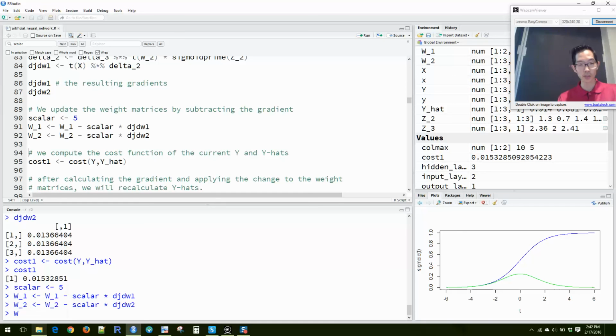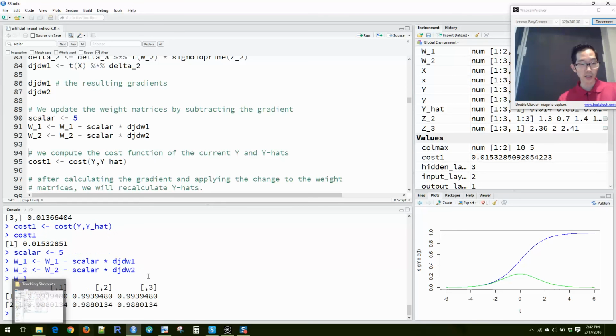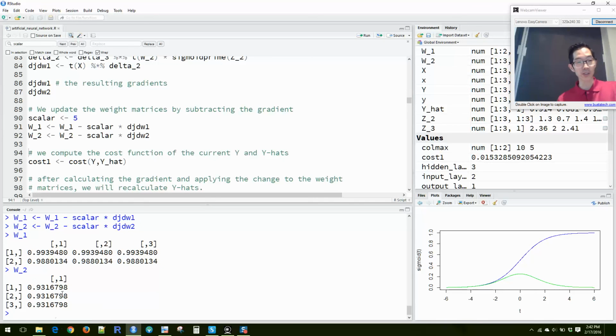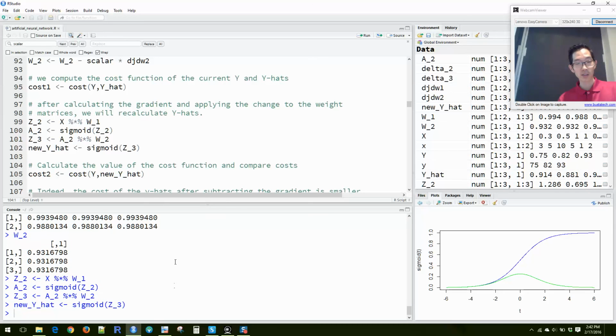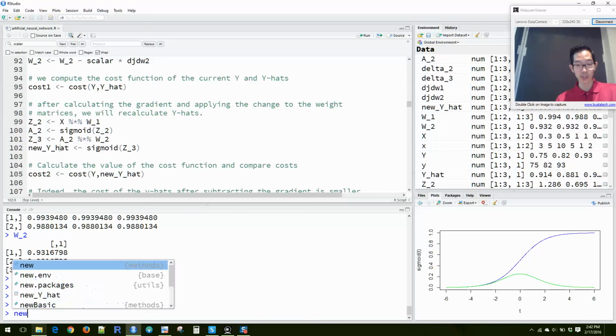So W1 used to just all be 1s. Now it's ever so slightly different. And W2 used to be just 1s, and now it's also a little bit different. So we've changed the weights that we're applying. We're going to use those new weights, W1 and W2, to calculate a new set of y hats. Okay, so our new predictions,